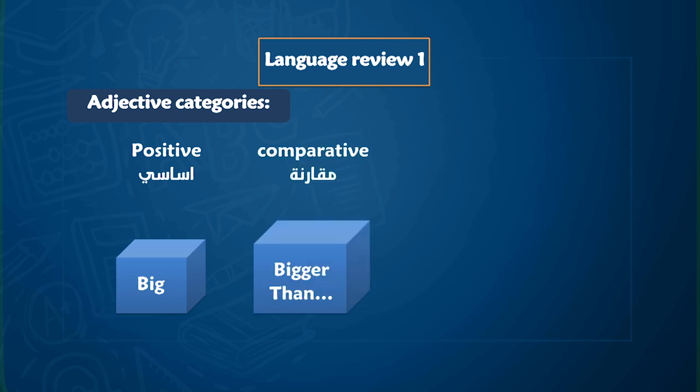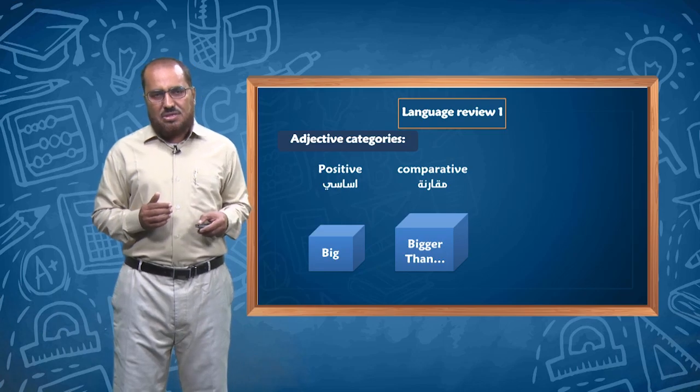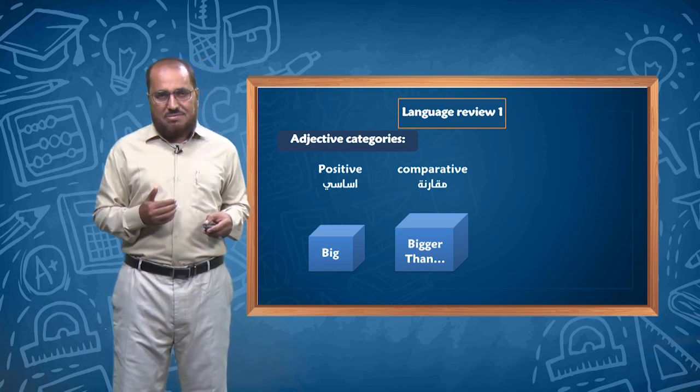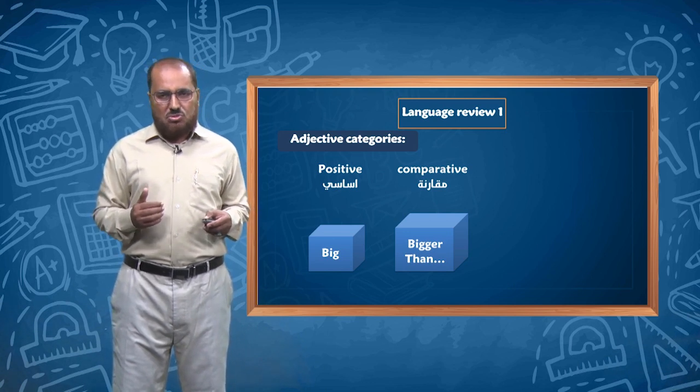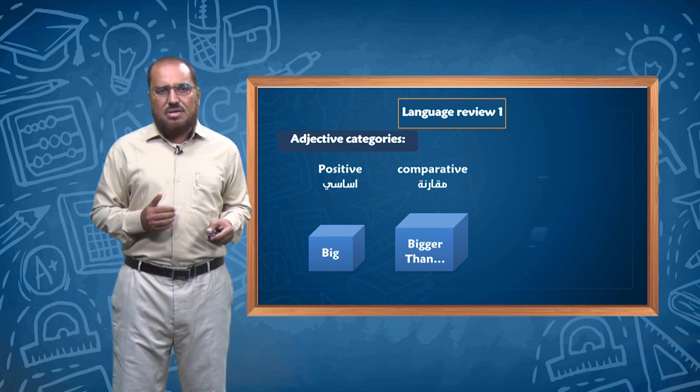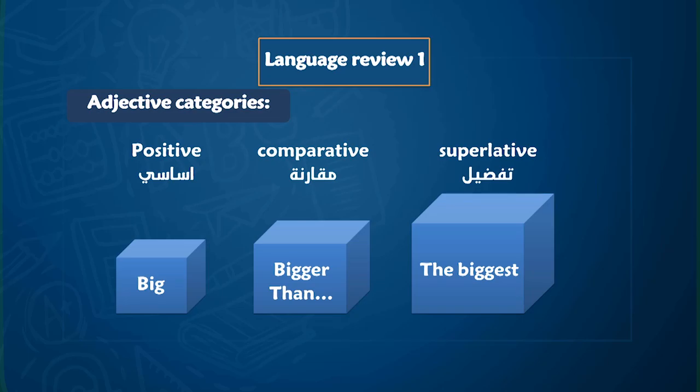Then comparative. Comparative is used to express comparison between two things. The second box compared with the first box, it is bigger. So the second box is bigger than. This is called comparative. Comparative is used just to compare two things or two people. Then superlative. We use it for comparing something with a group of things, or someone with a group of people. This box is the biggest of the three, you see. So these are called adjective categories, درجات الصفات.